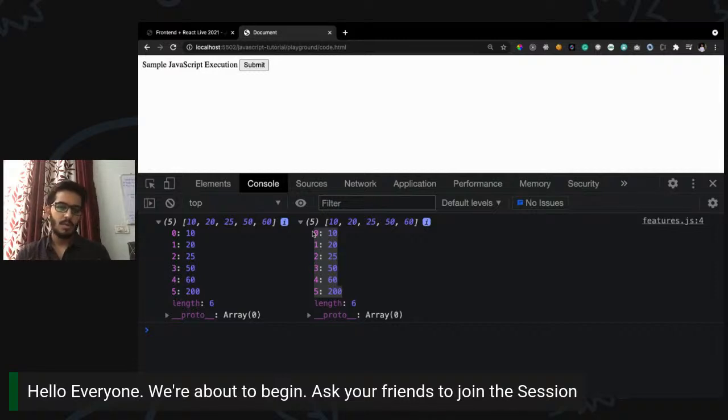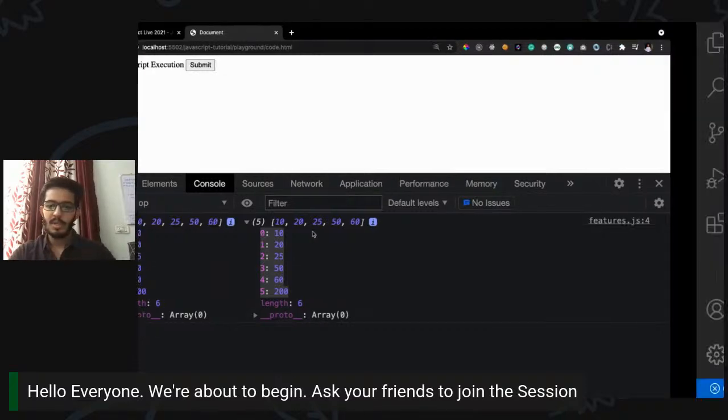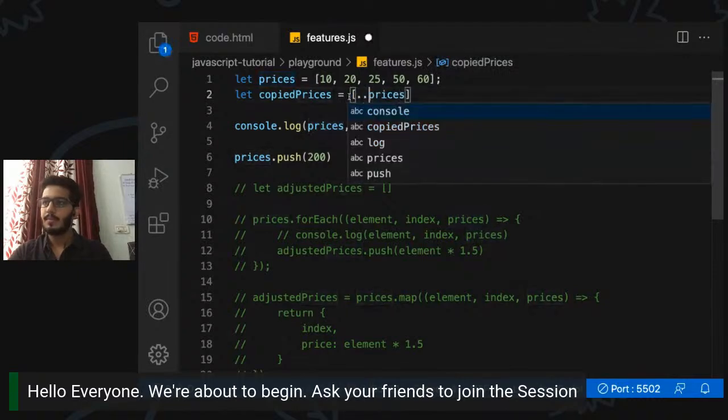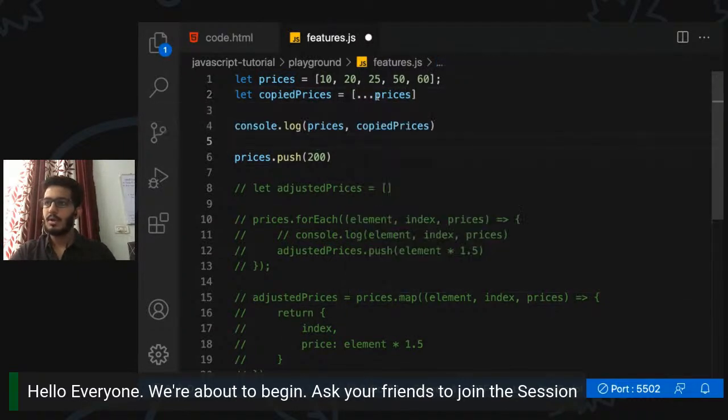But let's say we want to use the copied array for different purposes, for different kinds of computation. If we are copying the array using this particular approach, it will create an anomaly if we are doing some computations. So instead we use a spread operator, the three dots, and since it is an array, we have to make use of the brackets. And if I do this now,